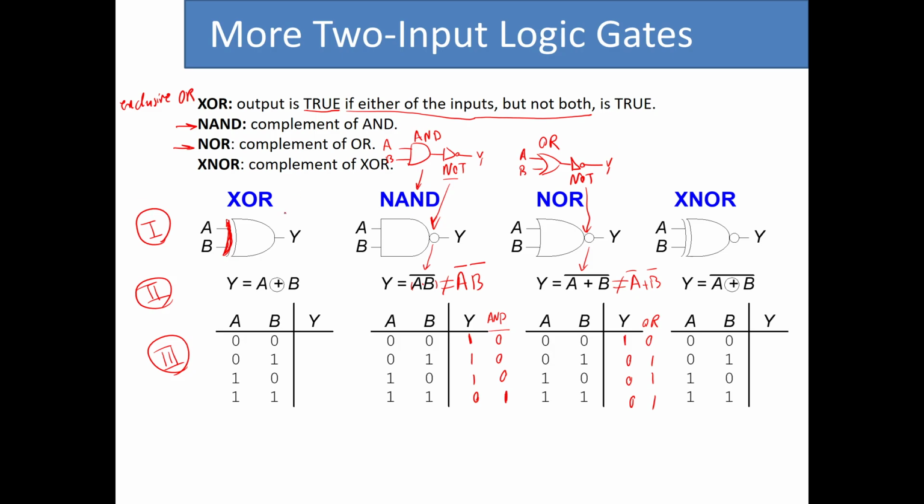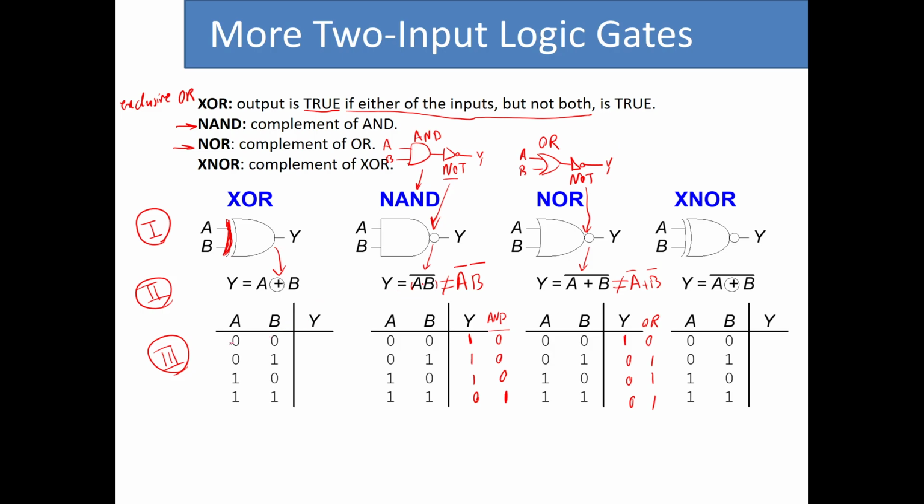So in terms of symbolic representation, this is the only difference between the XOR and OR. When it comes to the Boolean equation representation, the symbol for XOR is a circle with a plus sign inside. So this signifies the distinction between XOR and simple OR. Now that we have seen this, let's go through the truth table and see what the outputs